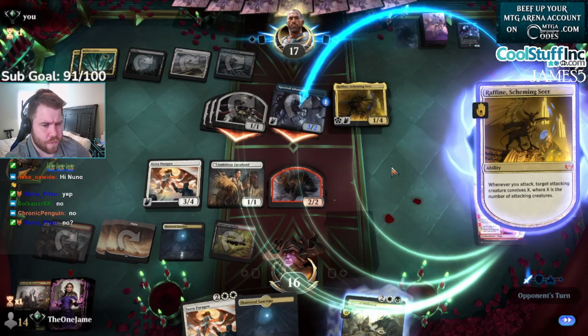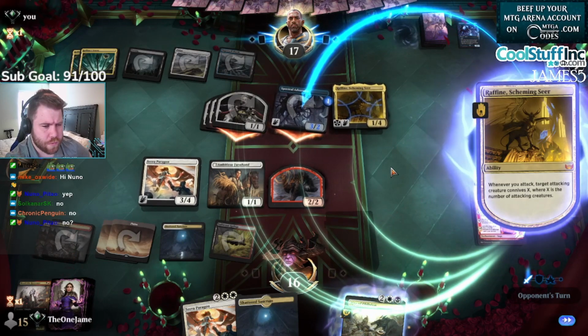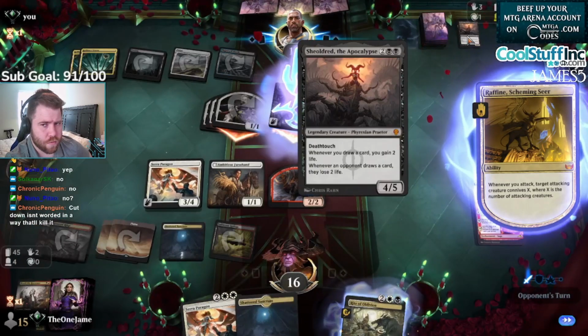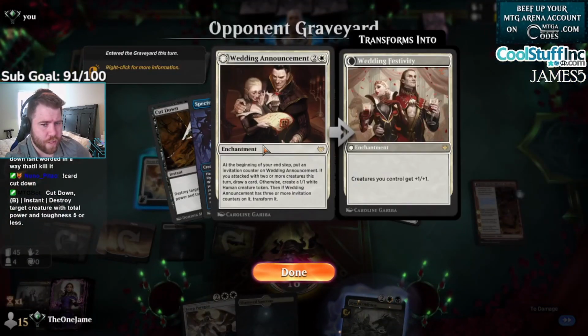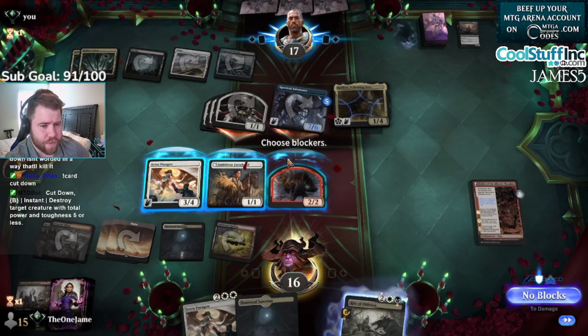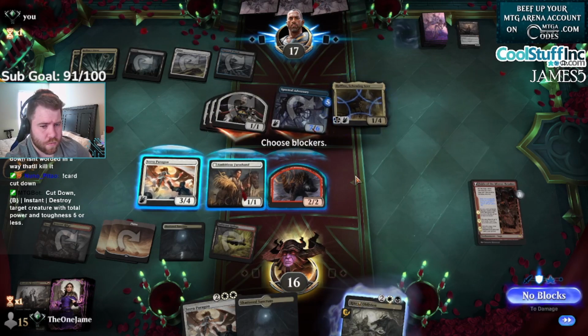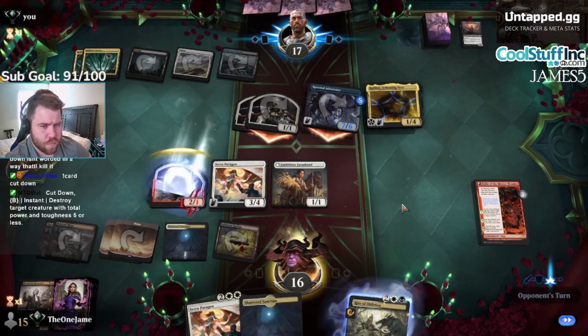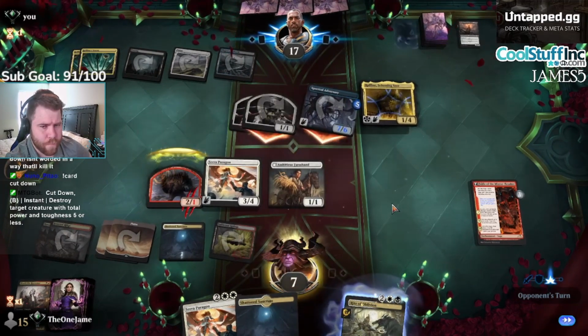Rafine. What else do I have in my graveyard? Bloodtithe. They discard Shieldred, Rafine, Exotic Pets, and... I mean, I guess I just have to take the 7, right? I don't like it, but...